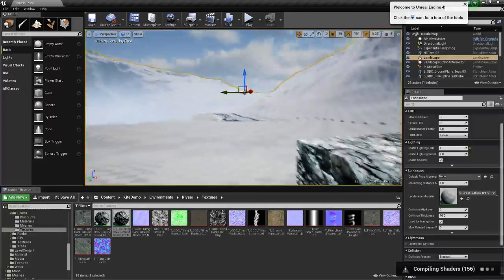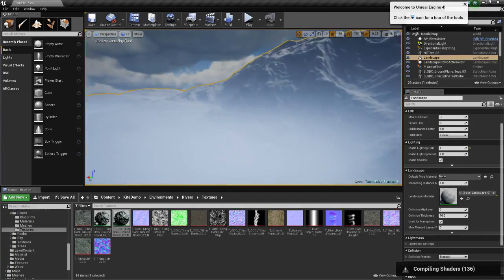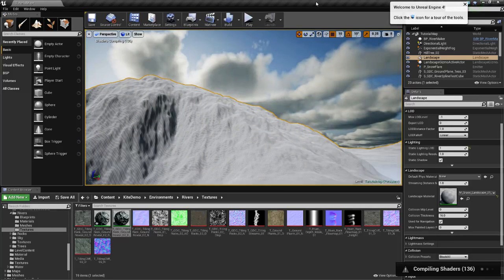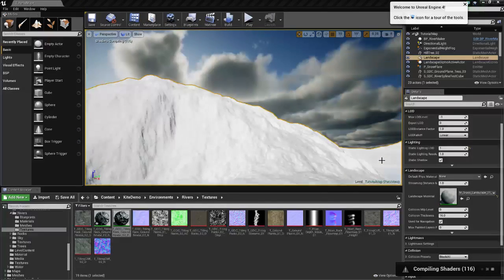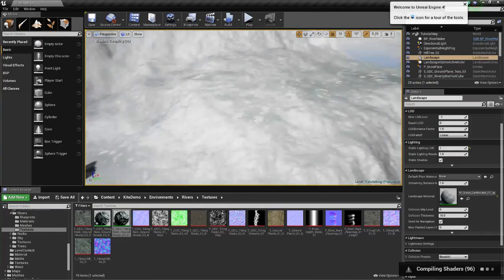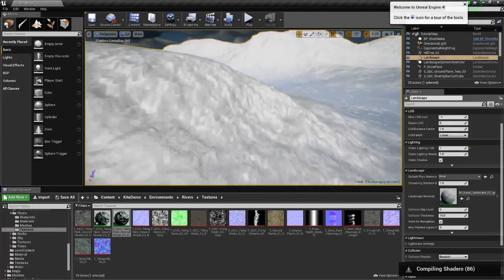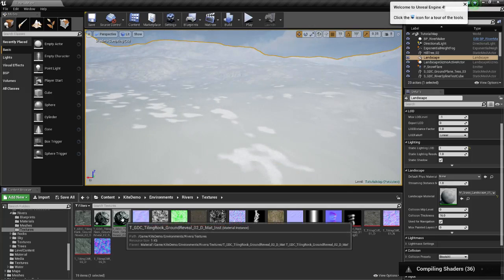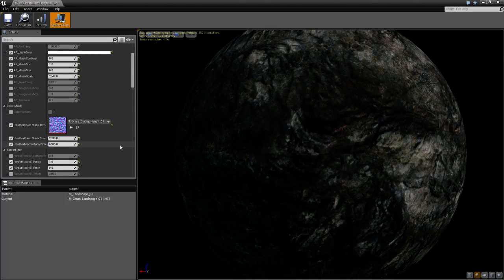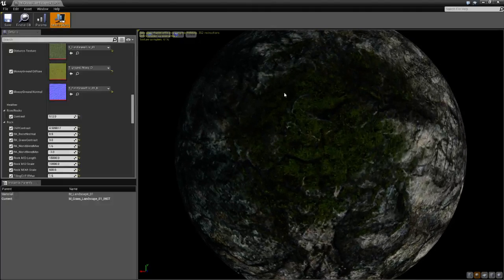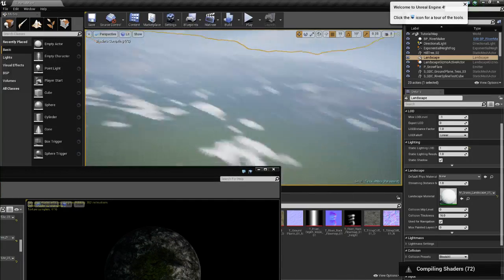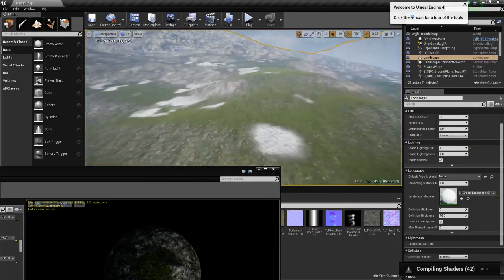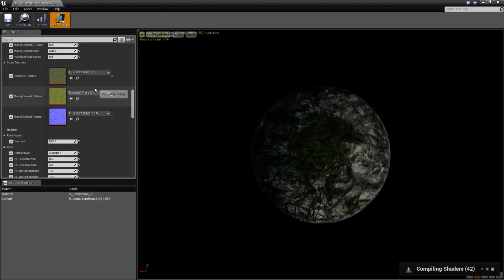But the entire thing will be changed back to a non-snowy wasteland. As soon as the stuff is done compiling, which there it partially goes. Alright, so there that is. That should have changed back. See that? Now we have grass. So with an instance, you can pretty much go and